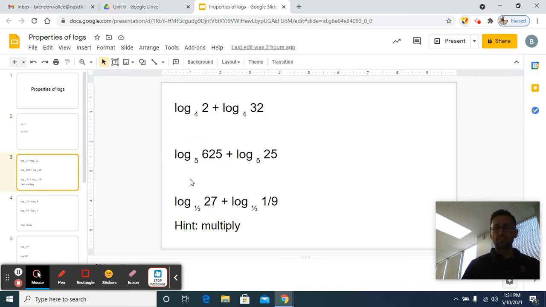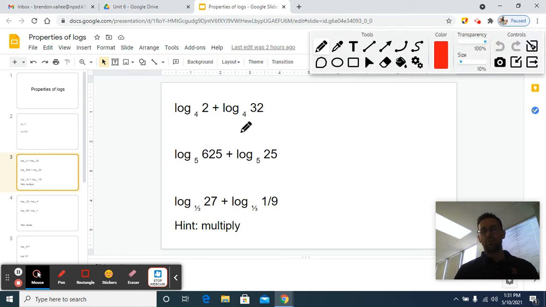Next one. I put a little hint under here. We won't do all these together. I recommend going back and trying these. But basically what you do is you take these two numbers and multiply them together. So that'll be log base 4, and then 2 times 32 is 64. So then you got to figure out 4 to the what power